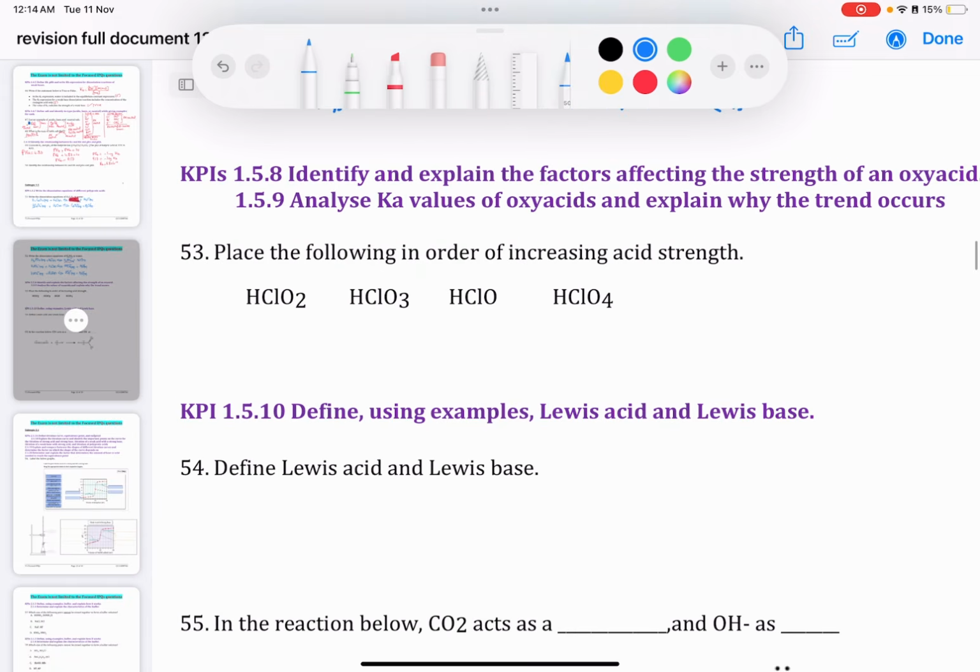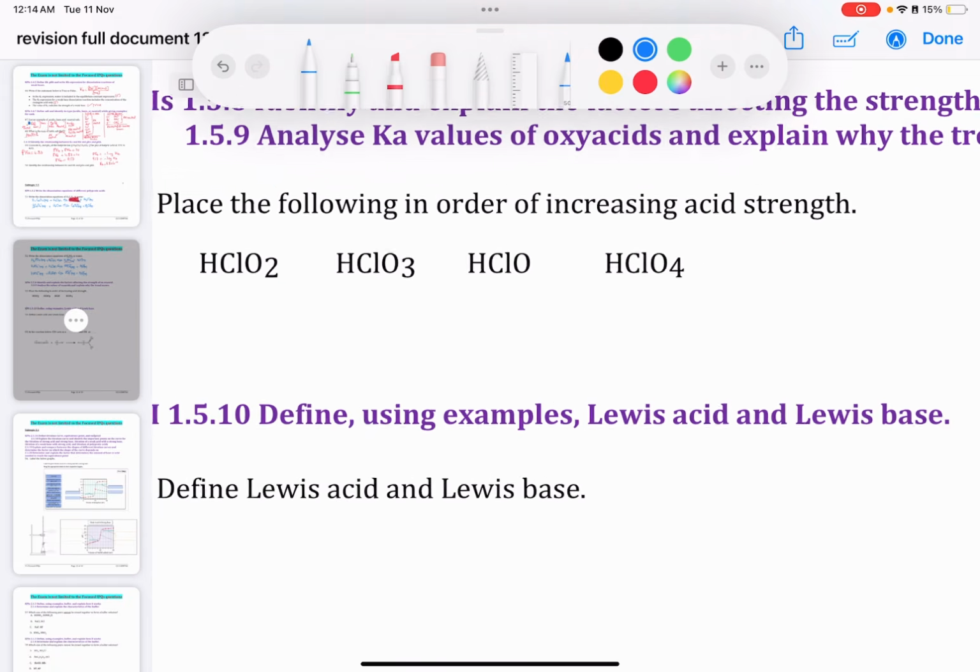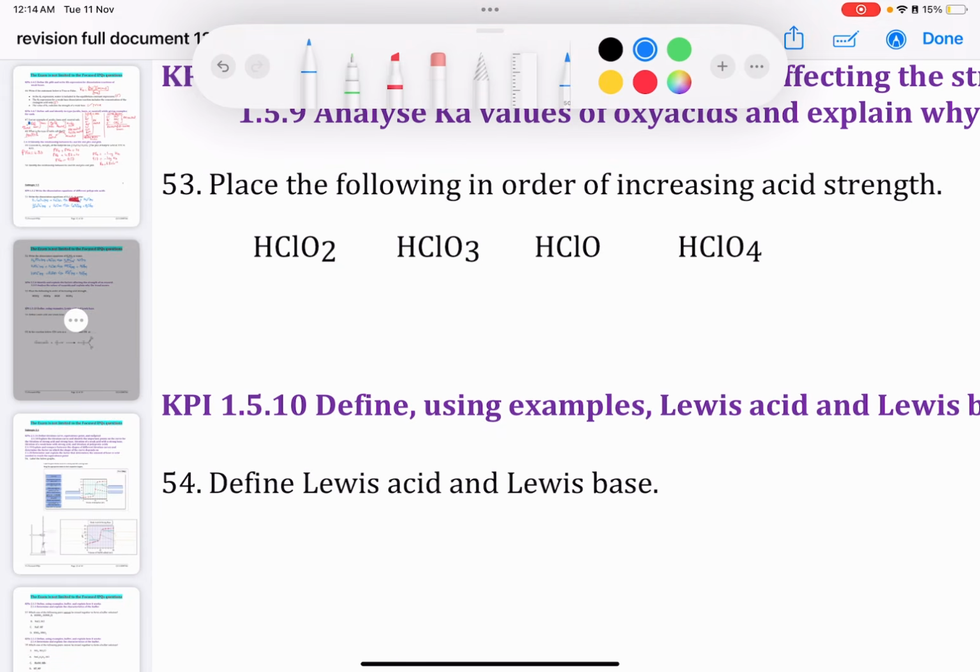Place the following in order of increasing acid strength. We notice here that all of these formulas, they start with HClO. Now, the number of oxygen in the formula is the one changing. So the more oxygen you have in the acid, the more the bond becomes weak and the acid becomes stronger. It means that is the weakest because it has 1 oxygen,